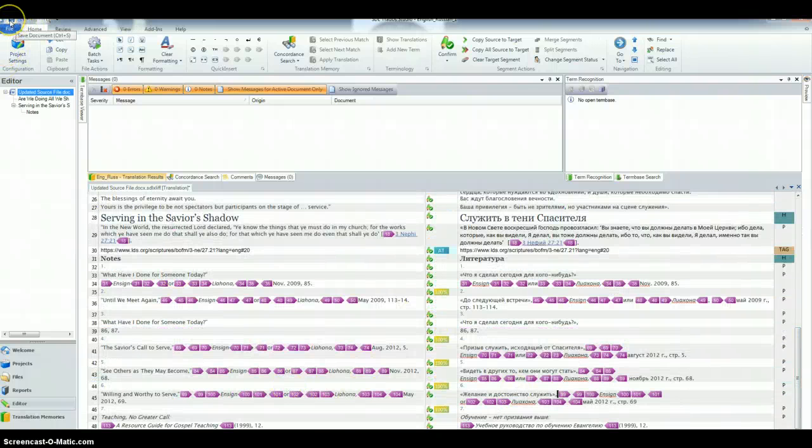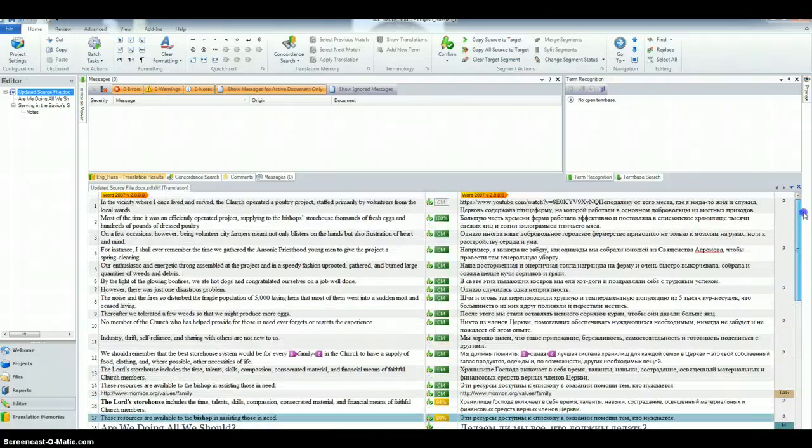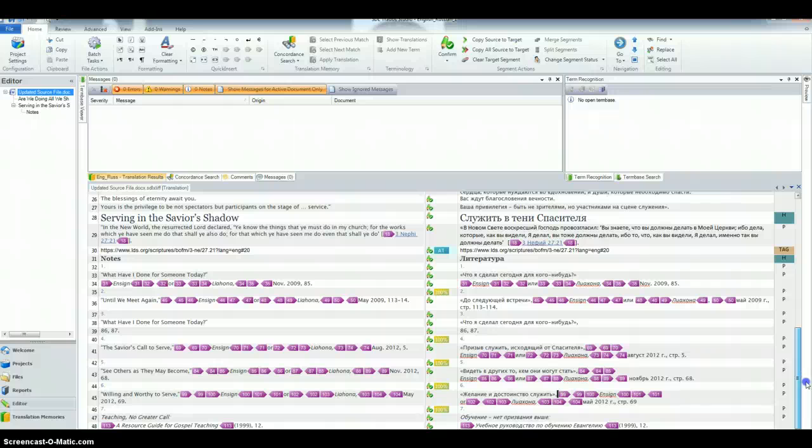And then we go save. Okay. So our document is all translated and it's ready for a supervisor check. So once this document gets sent off to the supervisor, then after the supervisor check, they're going to have a different icon here with check. So as I explained before,